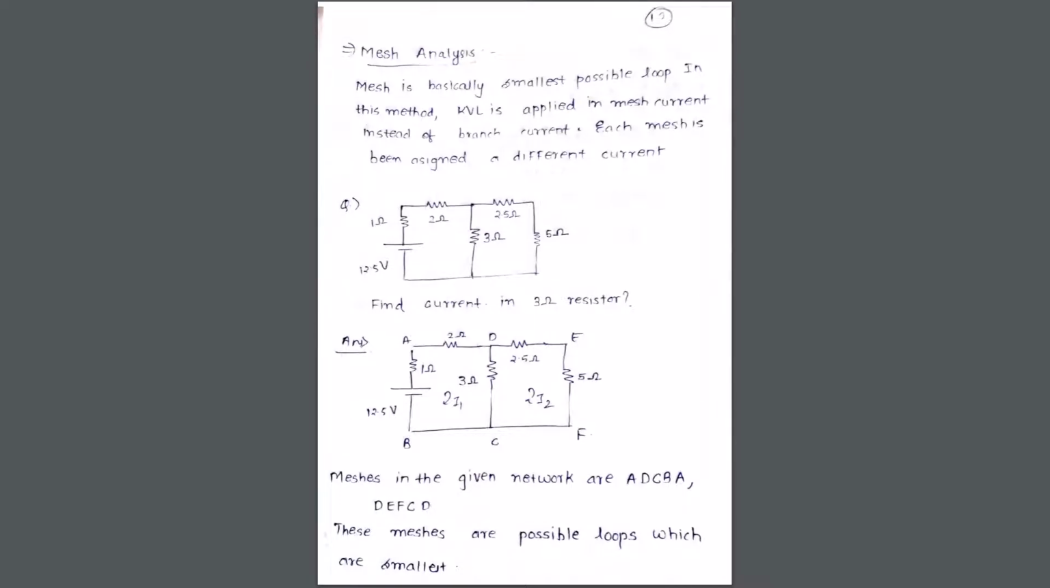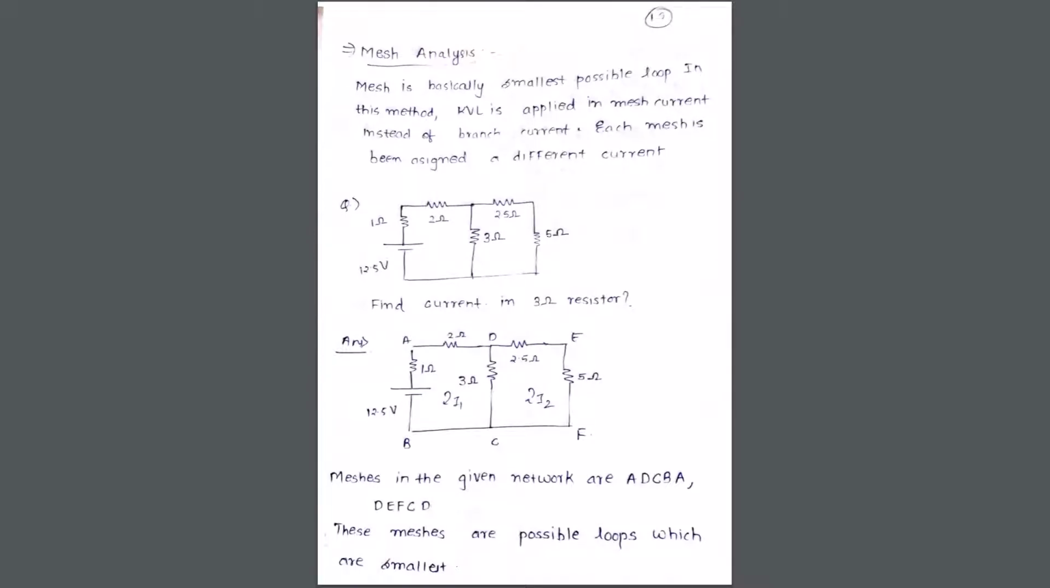So let's begin with mesh analysis. Mesh analysis includes the term mesh. So what do you understand by mesh? A mesh indicates the smallest possible loop. In this method, KVL is applied in the form of a mesh current instead of a branch current. Each mesh is assigned a different current. So a mesh is nothing else than the smallest possible loop, and in this technique we'll be applying KVL,